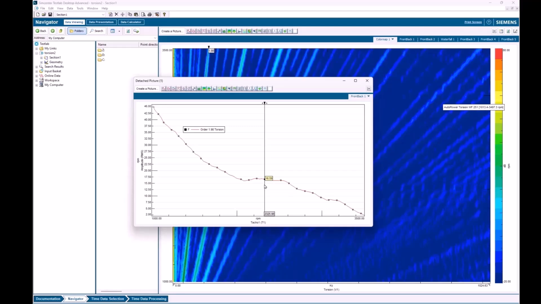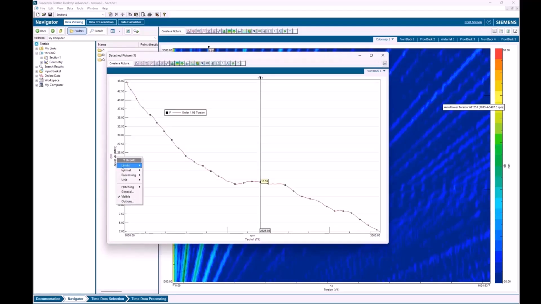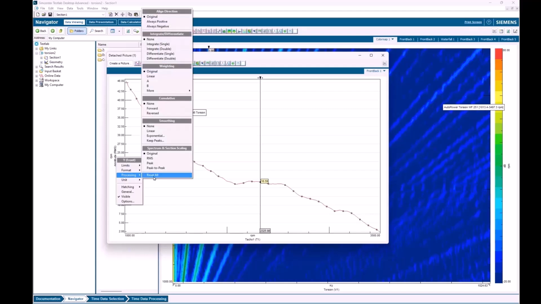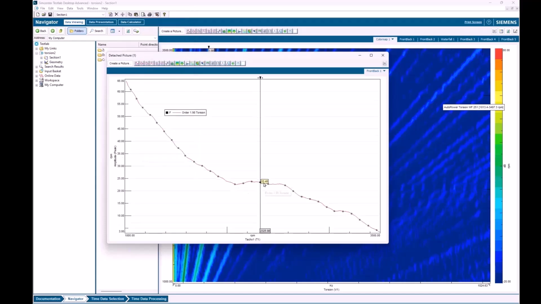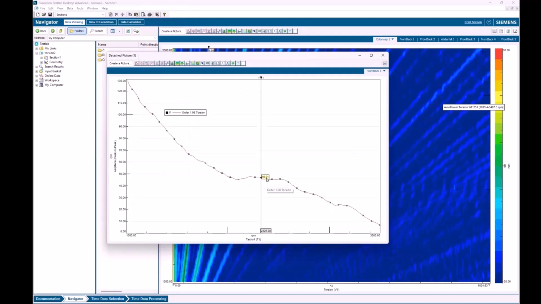Yep. At 2000. Well, that was a trick question. What's my units over here? Oh, RMS. So to know what my fluctuation is, I want to go to processing here, and I can switch to some of these other modes. If I pick peak, now that's plus or minus 23 RPM. Does that make sense to you, Charles? Yeah, that makes sense. And if I wanted to know the total peak to peak, I would come back to processing, pick peak to peak, and that's 46.